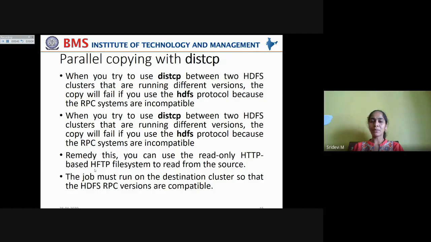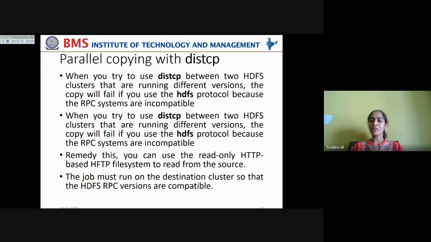HFTP is the Hypertext File Transfer Protocol with the Hadoop file system implemented. So the remedy to overcome this failure of copying from one cluster to another, running different versions of Hadoop, is to use the read-only HTTP-based HFTP file system to read from the source.